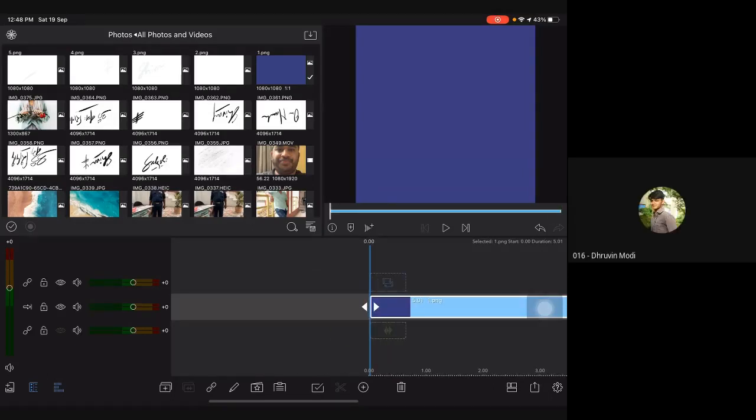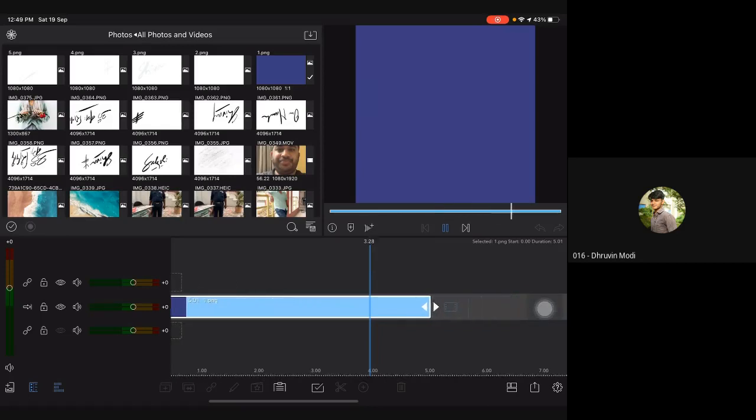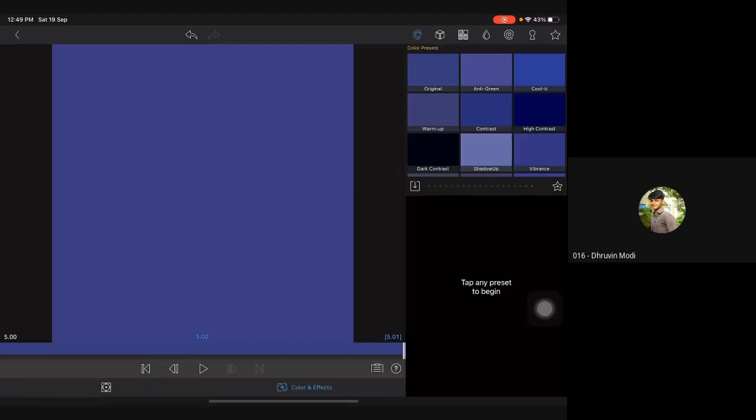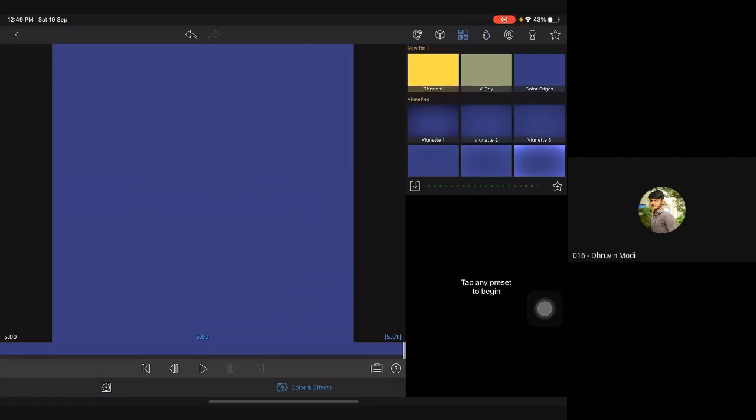Okay, so now this is my normal video. It will look like this: 5 second, 5.1 second, right? Now I want to give a little bit of effect to this. So double click on this. You can give any effect. There is a concept called keyframe, so you need to make sure that keyframe is selected. Let's give some effect, suppose, vintage effect. So let me put it here from the scratch.